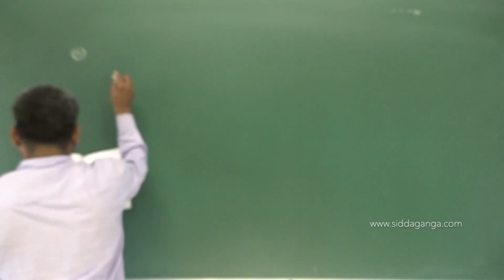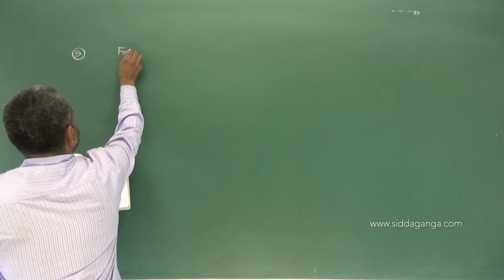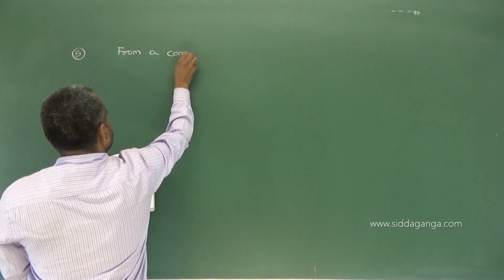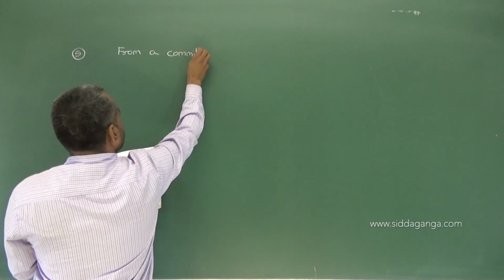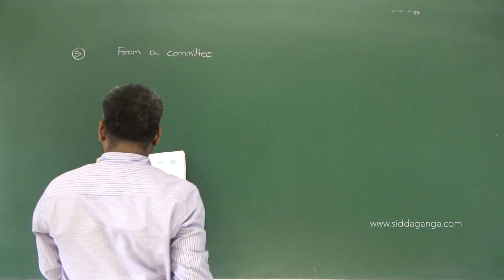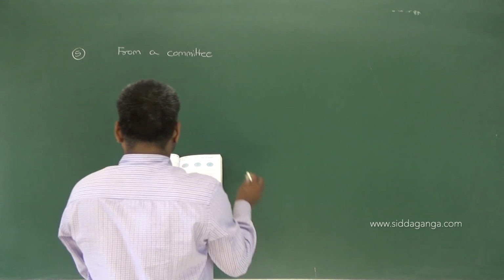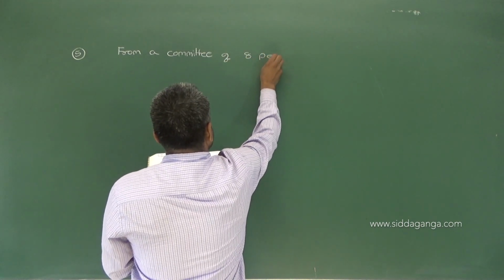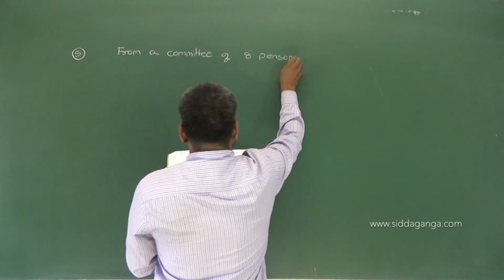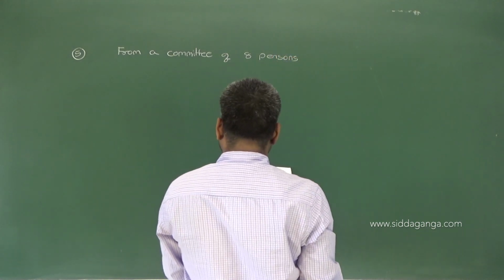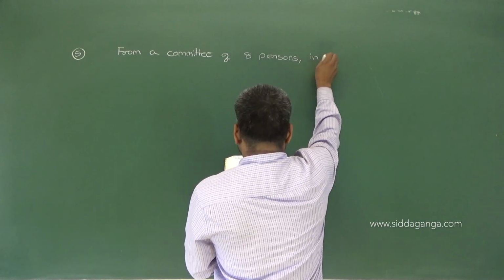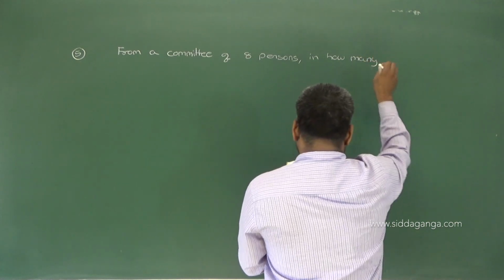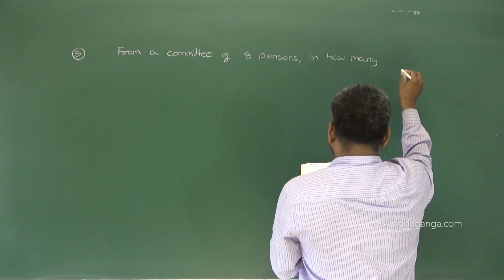Very simple problem. From a committee of 8 persons, in how many ways